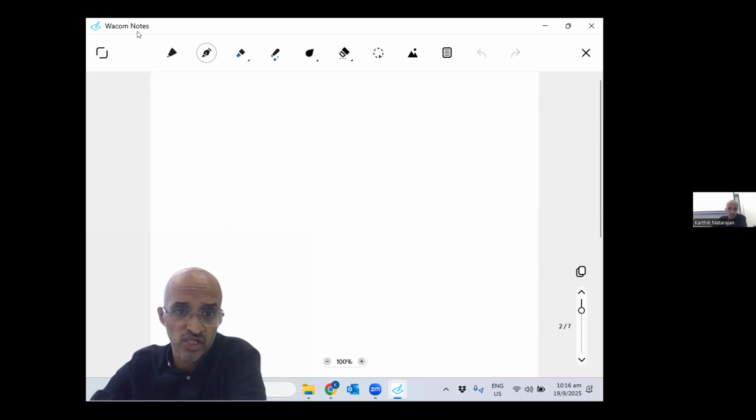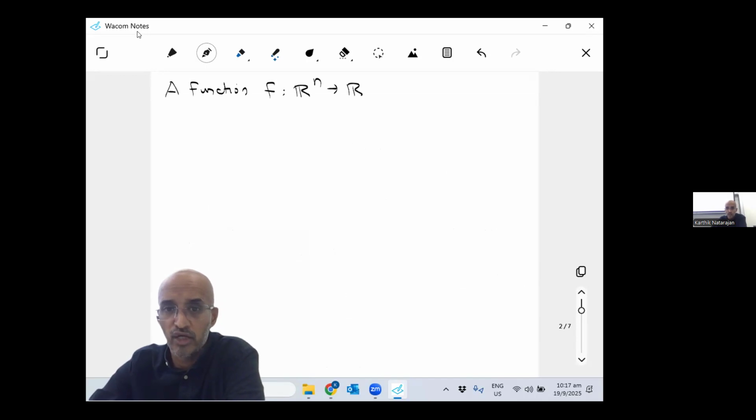So what's a convex function? A function f, and we're going to define now the domain to be Rn to R. Later on, we'll restrict this domain, but for now, think of a function which goes from Rn to R. A function f going from Rn to R is convex